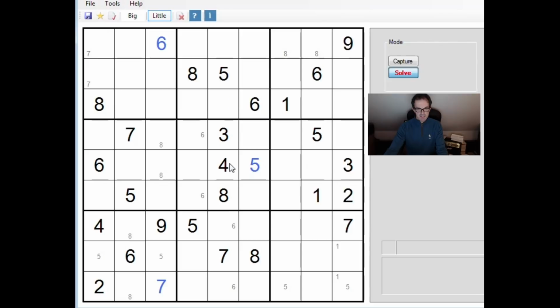Okay, so if we get into this situation where we've done the pencil marks that are immediately obvious, and I've missed a 4. Look, if we look at this block here, this 4 and this 4 interact to allow me to pencil mark 4s into those two squares, but I can't pencil mark 4s down this column because I can't restrict the 4s to just two squares. I'd have to put them in 3 squares like that, and I don't want to do that